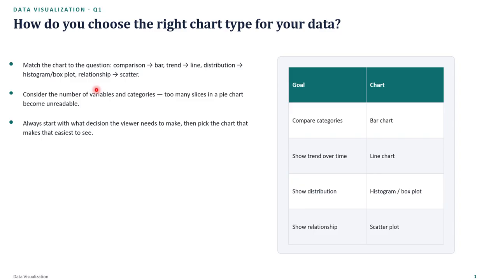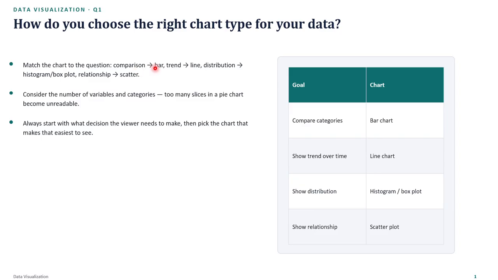Whenever we want to understand the relationship between two numerical variables, we make use of a scatter plot. And whenever we have a time period on one side and a number on the other side, we make use of the line chart. When it comes to pie chart,